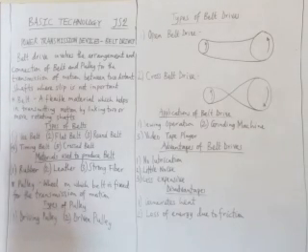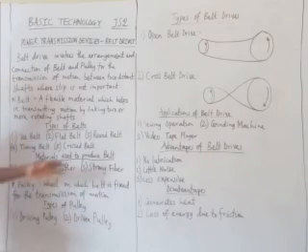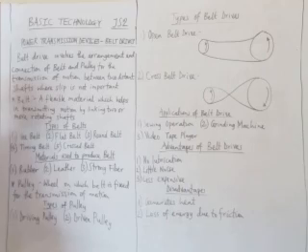Now, we have different types of belts. We have our V belt, we have flat belt, we have round belt, we have timing belt, we have cross belt, and likewise we have chain belt. You can see I put 5 on the board, but we have one more, and that is chain belt. You can take your time to still browse and learn more of different types of belts that we have.